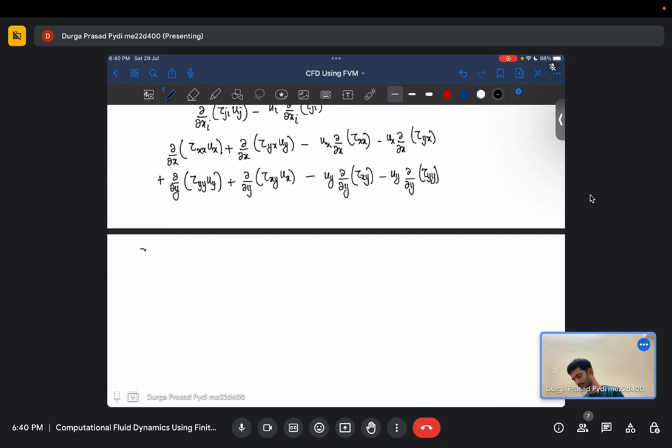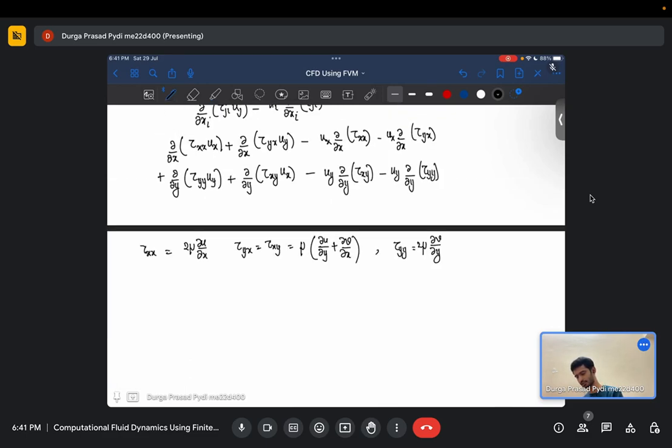If you substitute back the original equations, where tau xx will give you 2 mu del u del x. So we are just considering only the incompressible flow for now. Tau yx or tau xy, both of them will eventually give you mu times del u del y. If you substitute these equations in one,